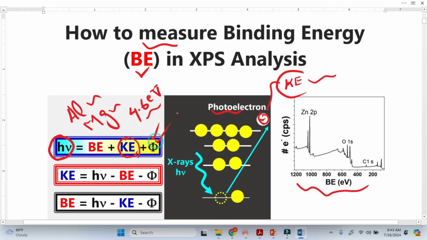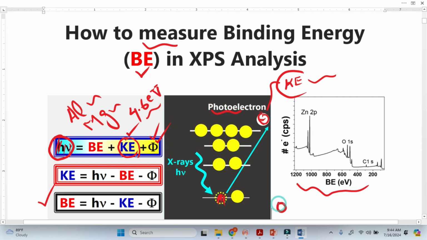The work function is given here. The kinetic energy we get from the XPS detector, and this is the known X-ray energy. So we can easily calculate the binding energy for these core electrons. And these binding energies are very important because they are just like a fingerprint. When we get this binding energy, we can clearly tell what the element was,